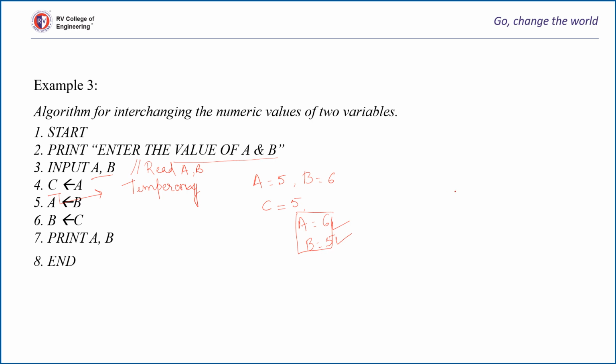Okay, so how is this program reflected in the memory? In the memory, you have the label a along with its value, variable name b along with its value. So c will be used as a temporary variable. These are the initial values. After exchanging, we will have 6 here and 5 here. Okay,